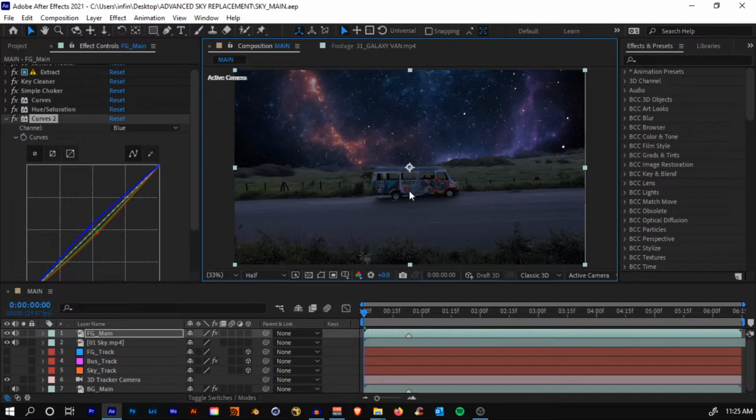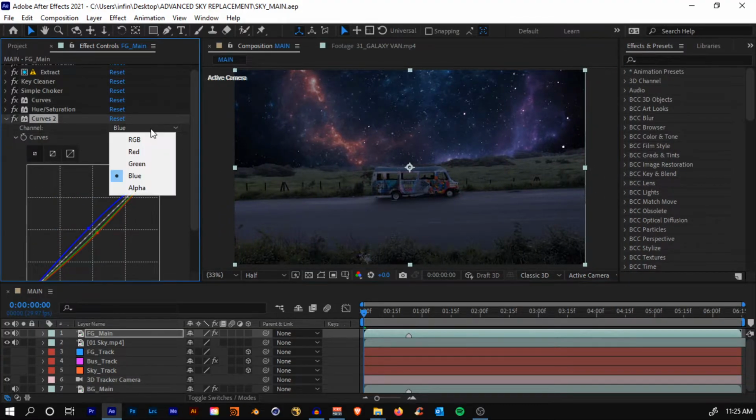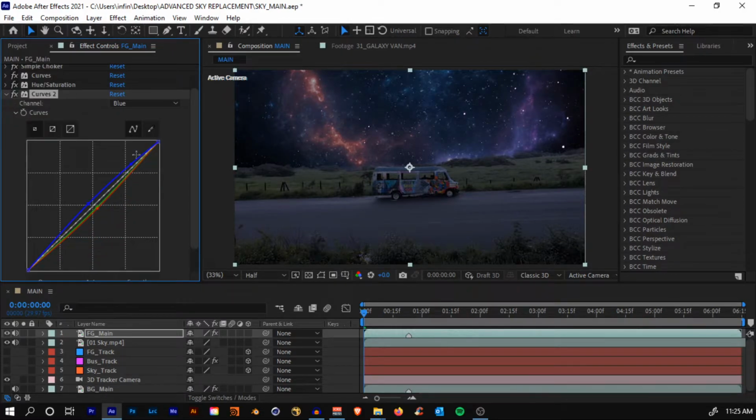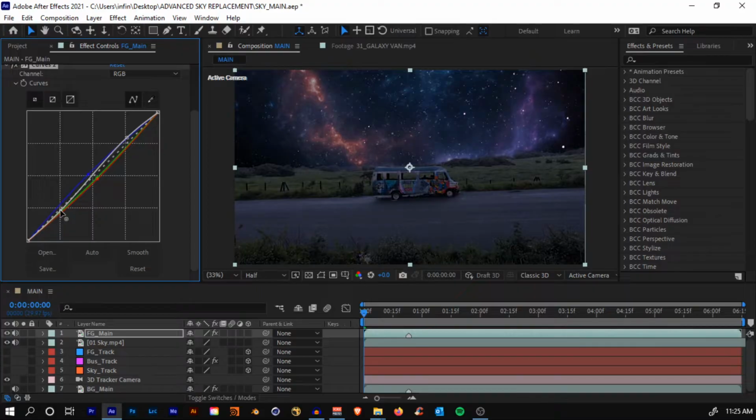Okay, and now we'll add some contrast back to our scene. Go to the RGB channel again on the curves and make an S curve. Increase the brightness, get the shadow part down, and pull this point a little up so that our blacks are faded out.